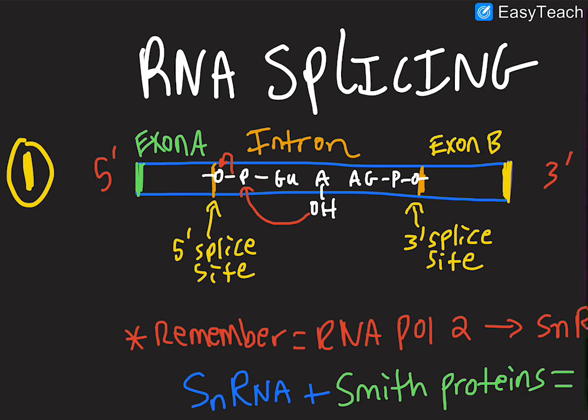we have our bases, then we have our sugar phosphate backbone, which is held together through phosphodiester bonds. So the 5' end, remember, is the phosphate end. That's why we have a phosphate shown here, which is connected to the oxygen on the alcohol part of the 3' alcohol of the sugar. So the 5' phosphate is connected to the 3' alcohol, or the 3' oxygen, of the next